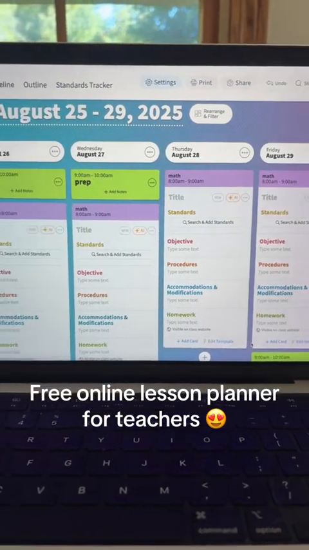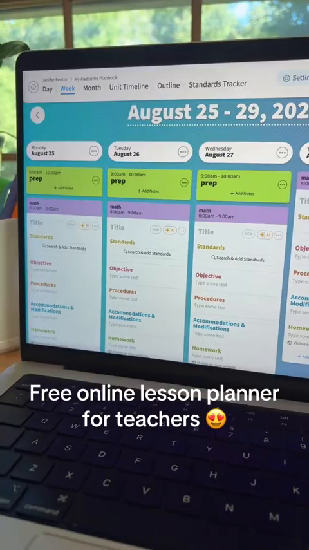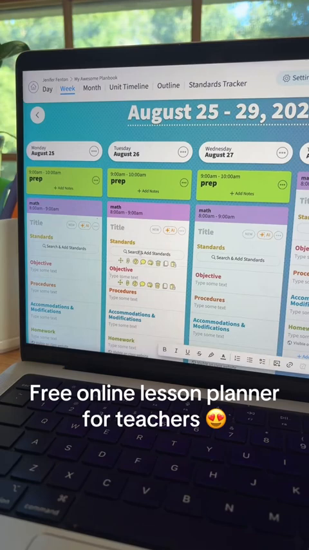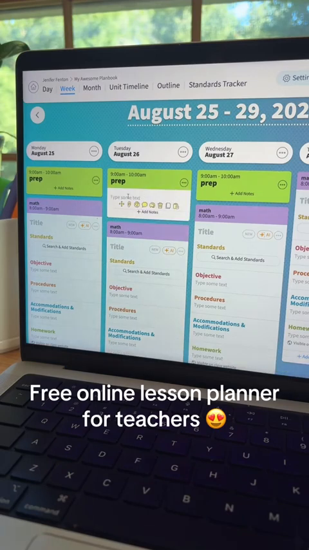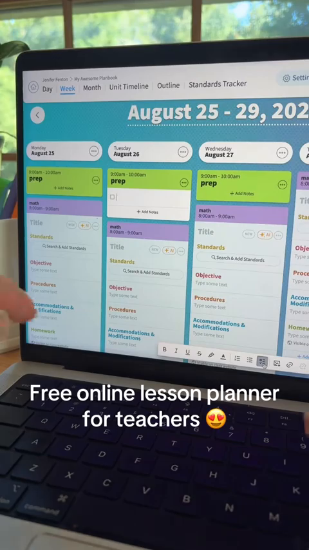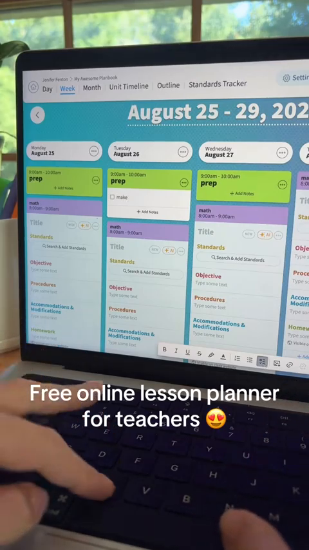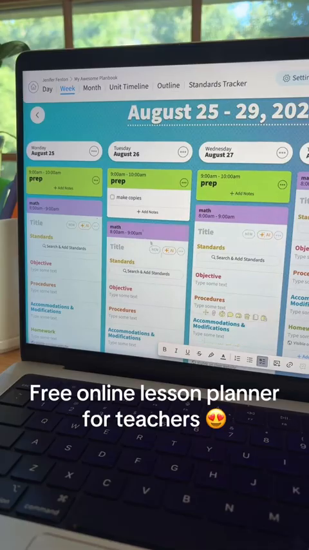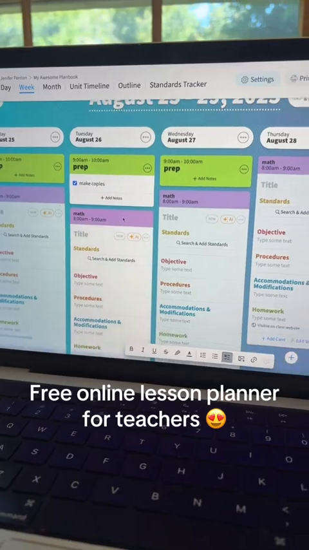All right, so here is my plan book. This is what it looks like. So I can go ahead and click into a template and start actually writing out my lesson for Monday, and then I can click into Tuesday and start typing out my lesson. If my prep period, I want to add in some notes here or a list of tasks I want to do, I can click in there. I can click the checklist option, and then I can start typing in there for things I want to do, check them off once I have them done. And if I scroll down,